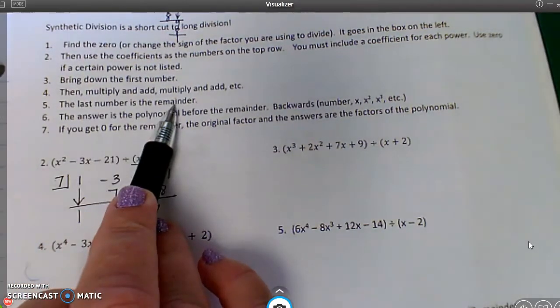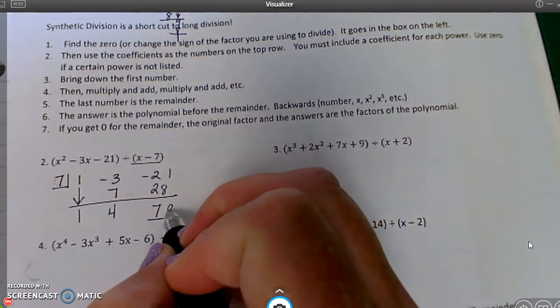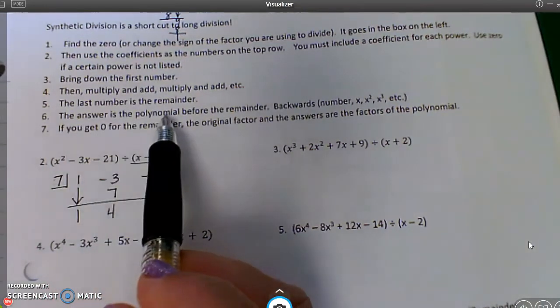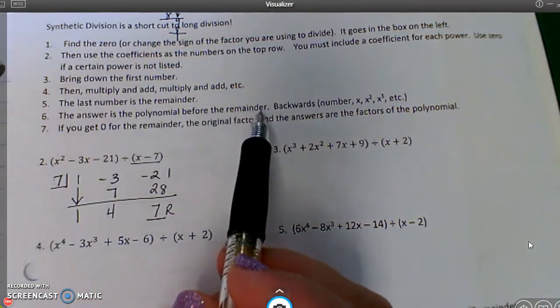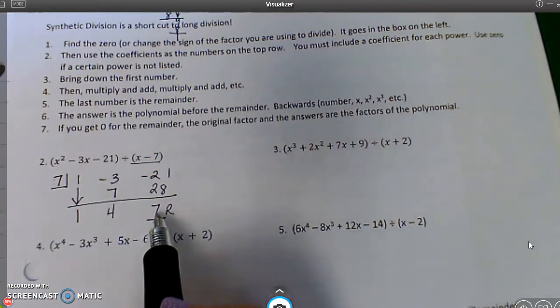Alright, the last number is the remainder. That means that 7 is the remainder. The answer is the polynomial before the remainder, and it's backwards. So this is what I mean. If that's the remainder,